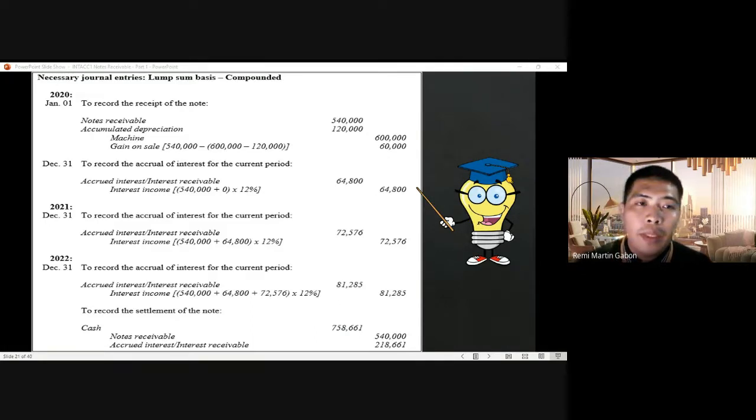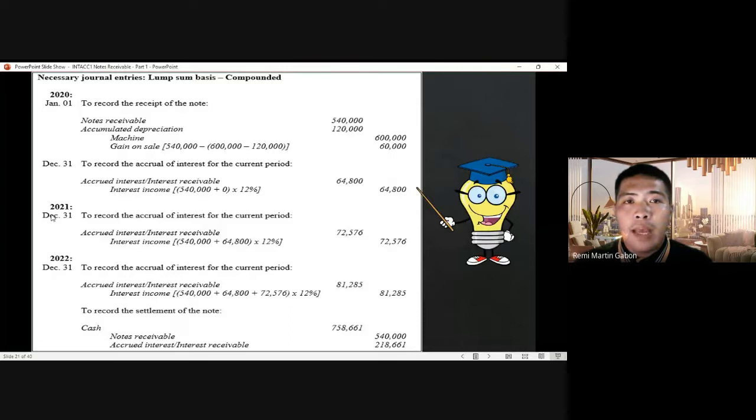That's why our computation is 540,000 plus 0, then times 12%. So therefore, our initial interest is 64,800. We can appreciate more the compounding when we proceed with December 2021